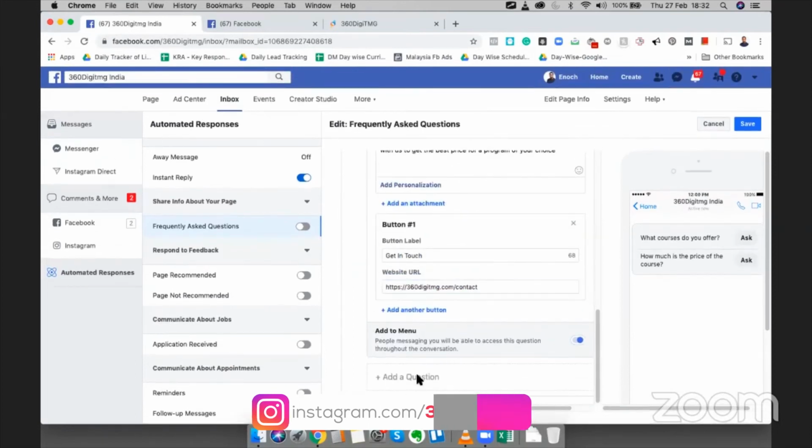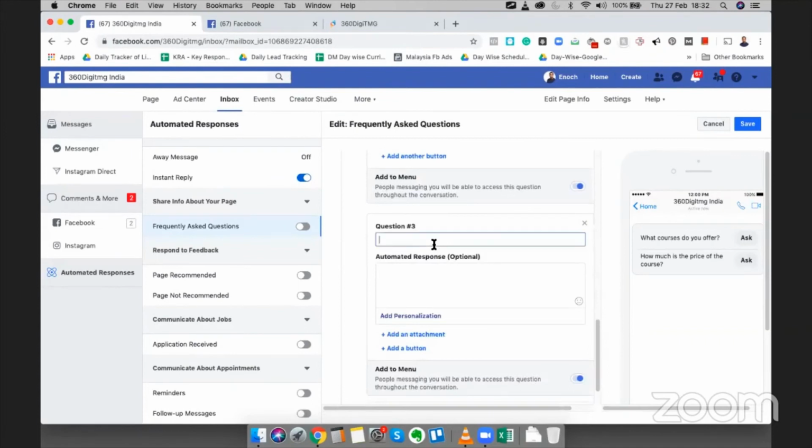And the other question people generally ask us is, where are you located? We are based out of 3 countries: India, USA, and Malaysia. We have about 16 branches throughout India.